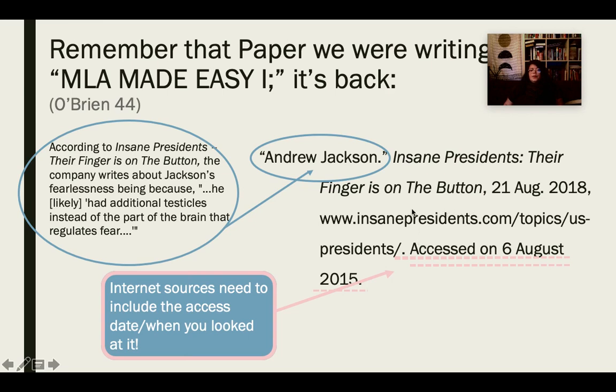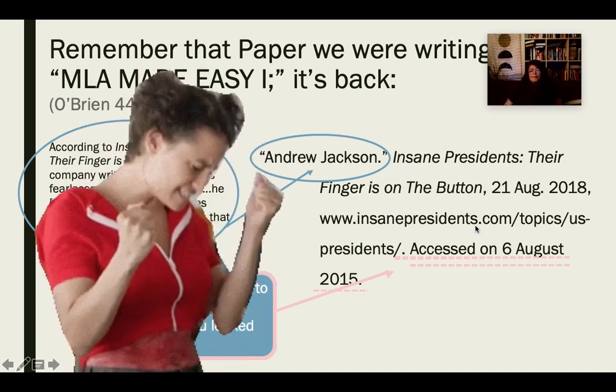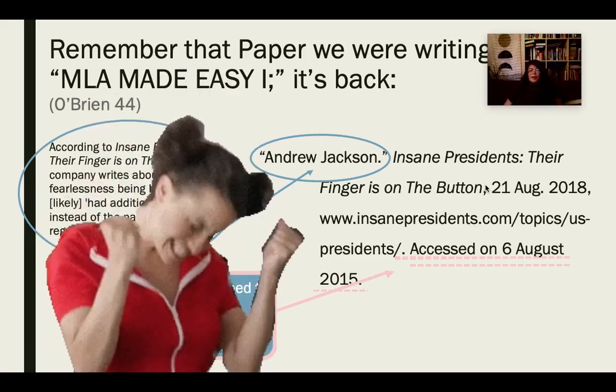And including the URL is probably the biggest issue that I've noticed students are having with the shift in MLA, right? Because it used to be, long ago, we did include the URL, and then all of a sudden we didn't include the URL, and now we're back to including the URL. Now we're done. We did it. We cited every source that we had in our previous lecture.